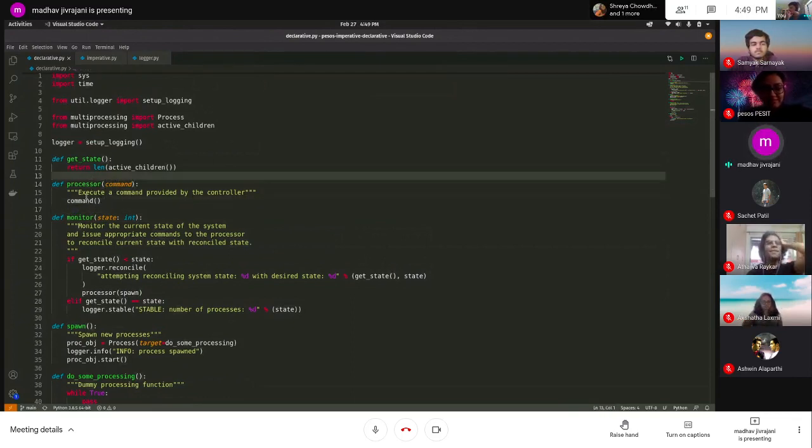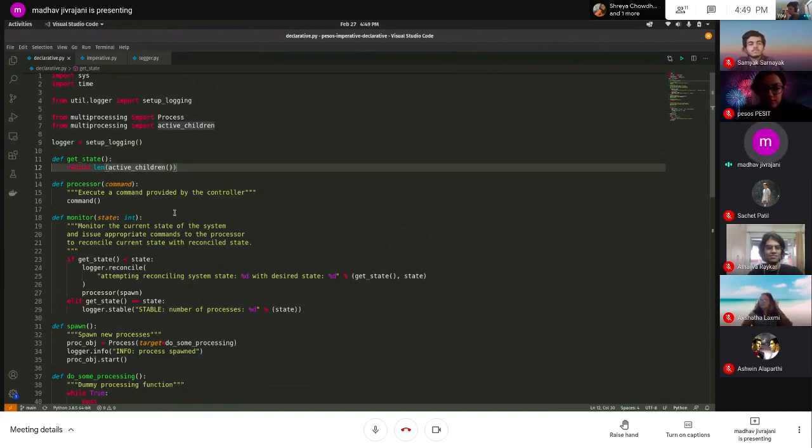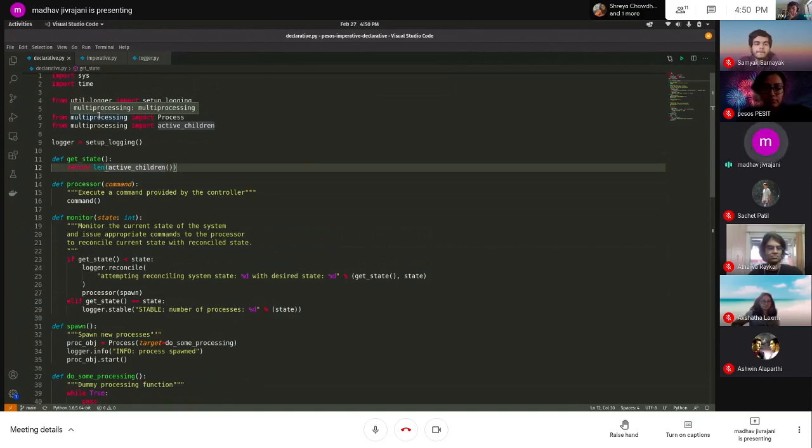So it allows you to pass a function and you can just directly call it; the processor executes the command as we saw. And get state: multiprocessing has a function called active children, which gives you a list of the processes that were created from the process you're running. When you do python declarative.py and give it a number of processes, that's a process by itself, and whatever it creates in turn are called its child processes.